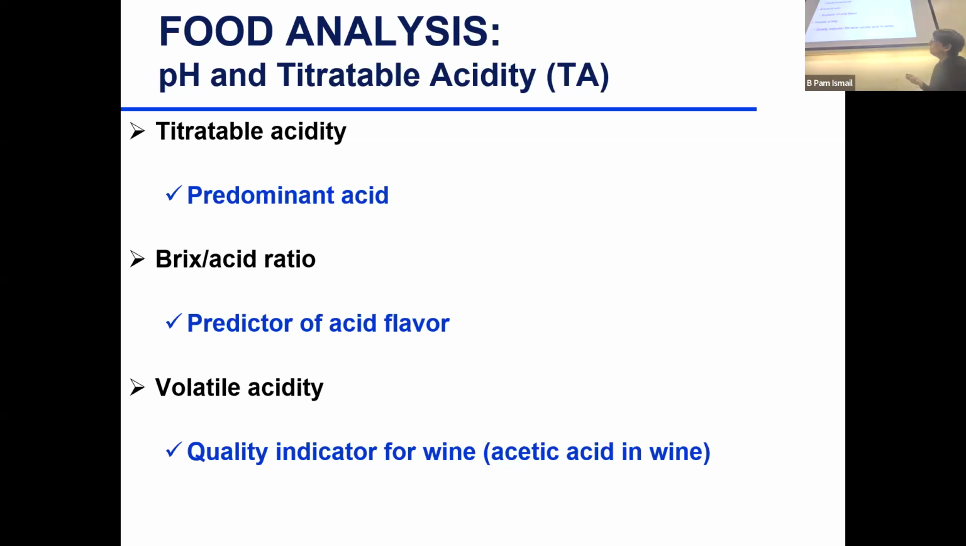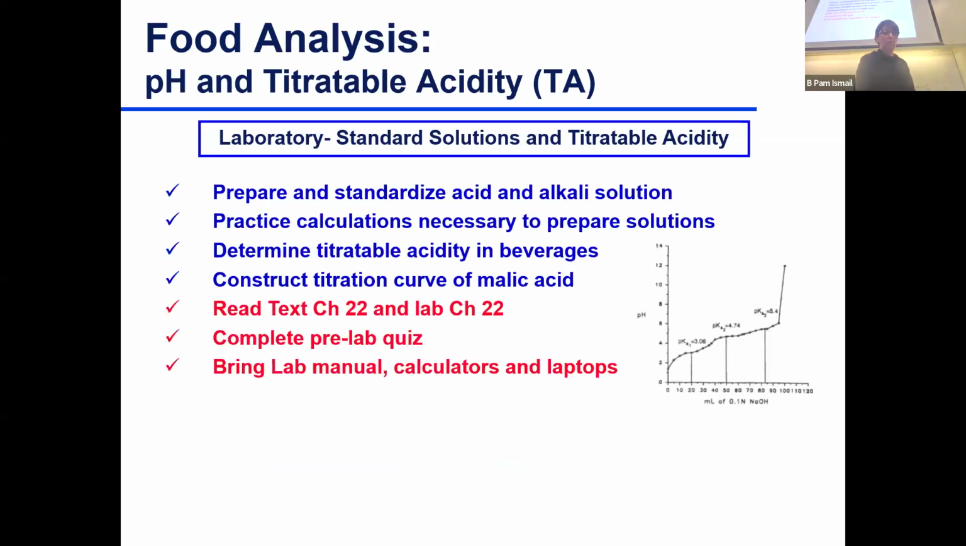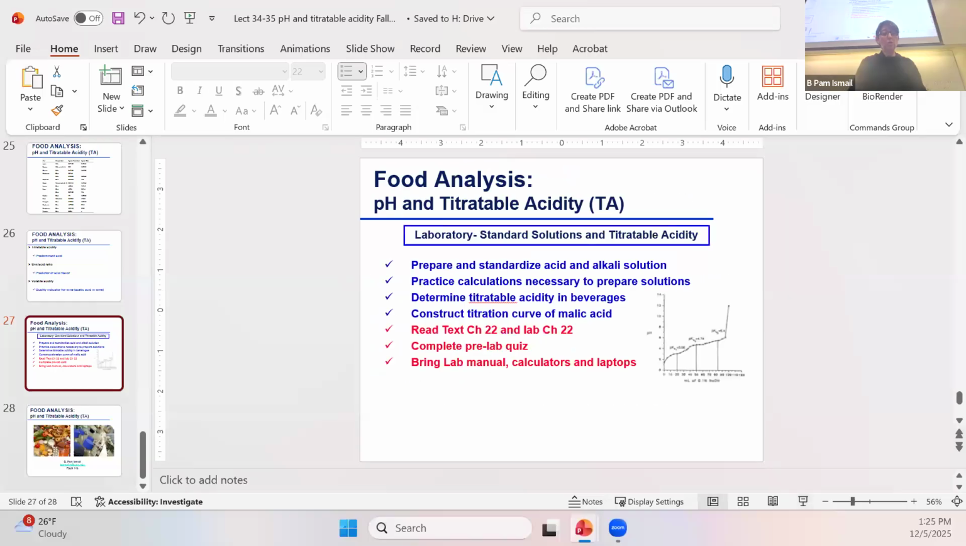And then volatile acidity is a test used to determine how much vinegar ended up being in wine, which is a quality parameter. So to determine the quality of wine, you would measure titratable acidity as is. Then you boil to evaporate acetic acid if it's there and measure titratable acidity after that. And then you will determine how much vinegar you had in your wine. This is not a good thing. All right, so this was the lab, and then I'm going to move on to